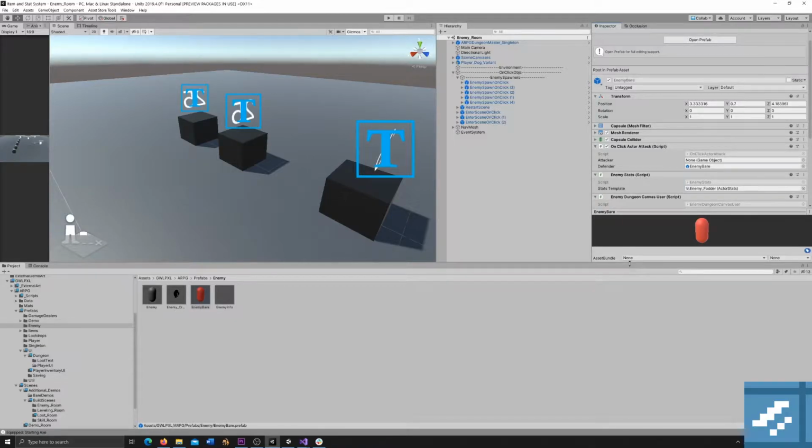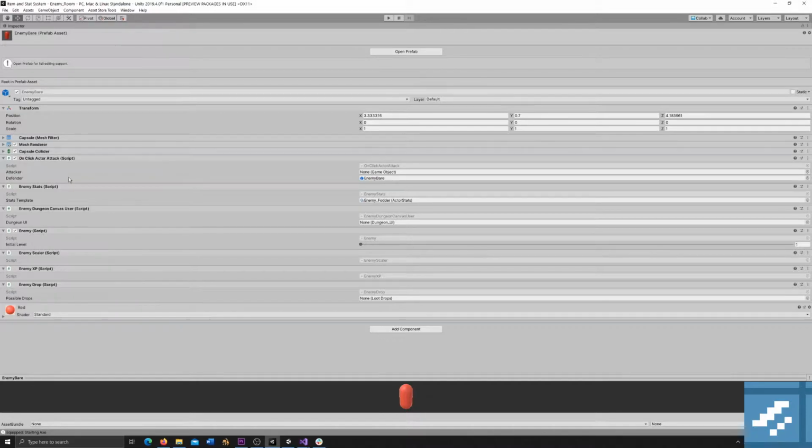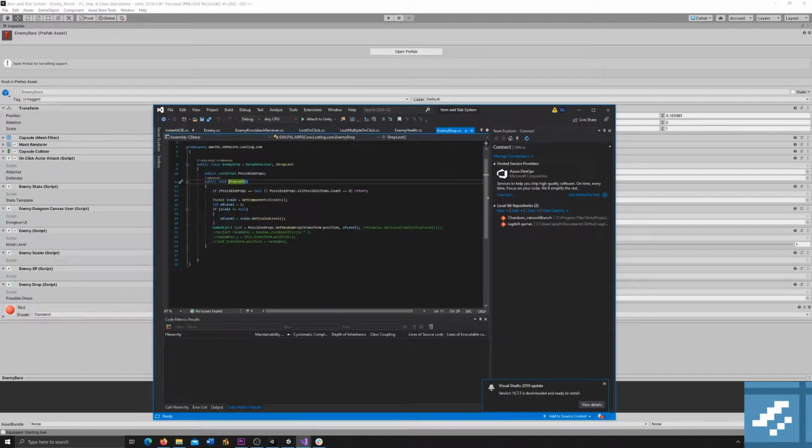Let's make that a little larger. You come down here and there are all these things, like a bear, that I think an enemy requires. If you go to enemy drop, we're going to take a look at these two. How do we drop items after we kill somebody? We're going to edit the script. So the enemy drop